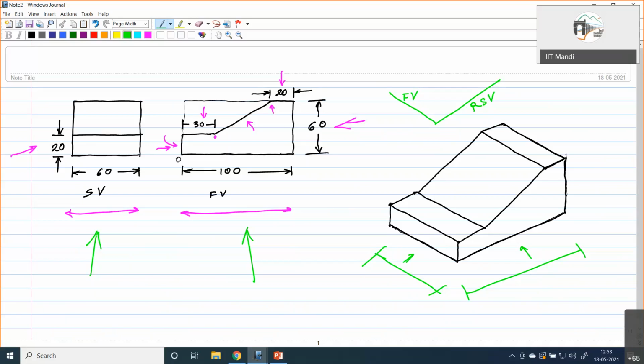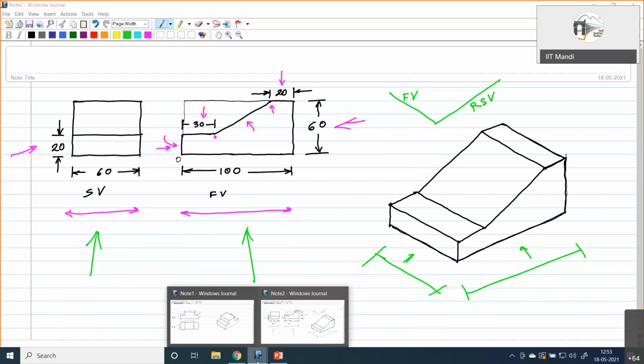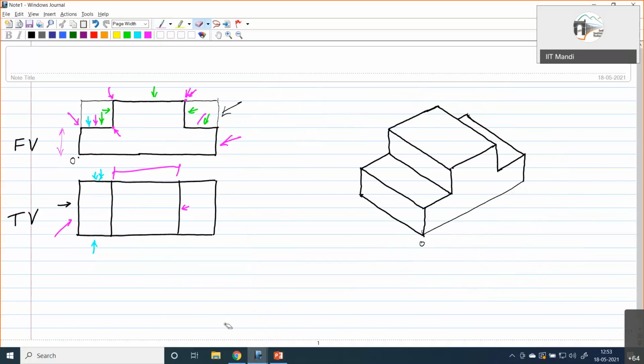Sometimes, suppose in this diagram, the other one if we consider this one, this has only a front view and top view, right? Now suppose we have such a situation that only front view and top view are there. Then we might have a choice whether the front view is to be this side or this side. Suppose we can choose it. Exactly, we don't have front view and side view given, so it is up to us to choose.